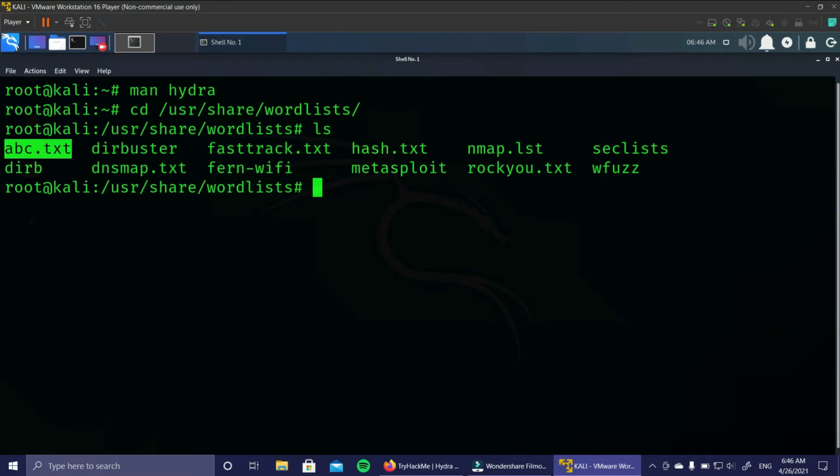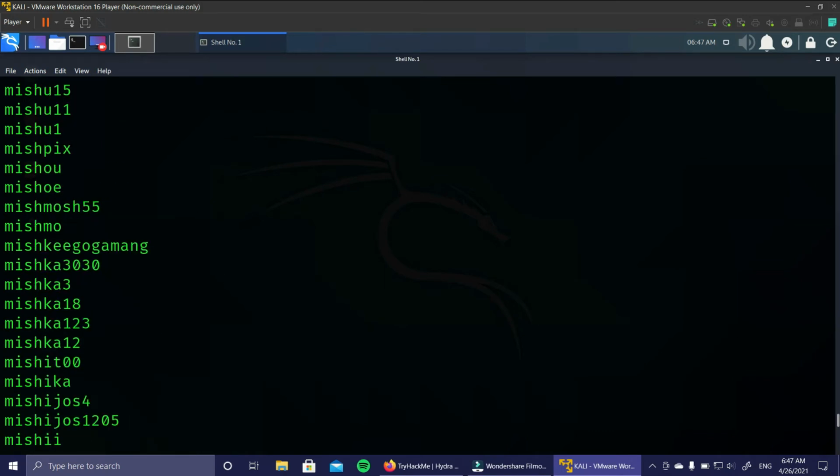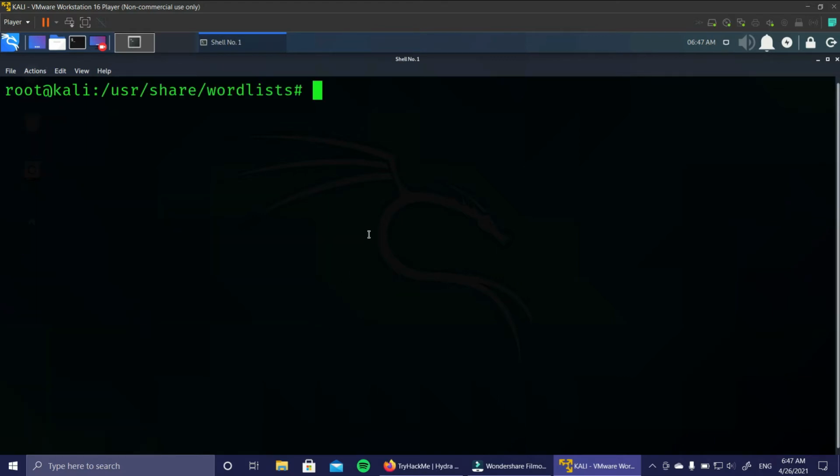I think this abc.txt, I created this word list. But the main one here is rockyou.txt. This rockyou.txt is a combination of a lot of passwords. If I just cat this file, then you can see the gravity of rockyou.txt. There are a ton of passwords, like the common passwords which anybody could use in their environment, which everybody uses, like any common word like red, blue, black, everything from simple dictionary words. This rockyou.txt contains almost all those words.